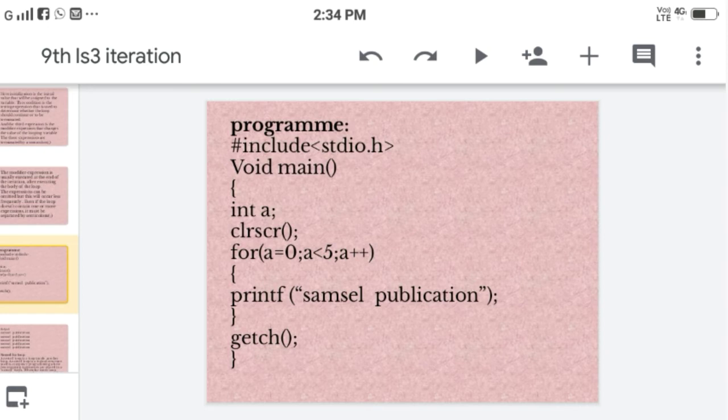The program includes the stdio.h header file, void main, initialization: integer a, a = 0, a < 5, a++. The condition 0 < 5 is true, so the first sample is printed.